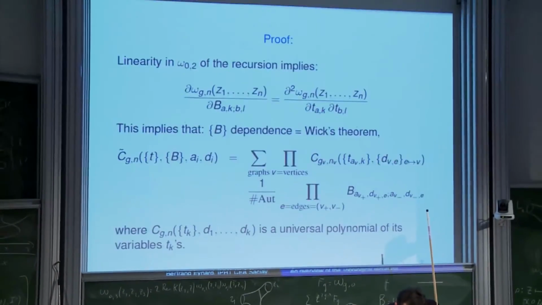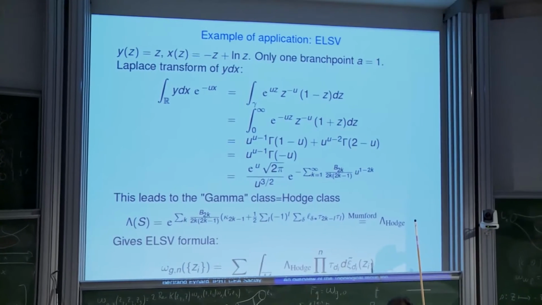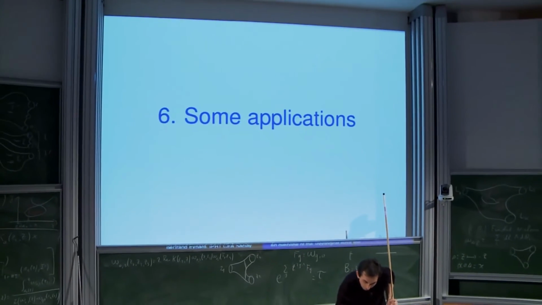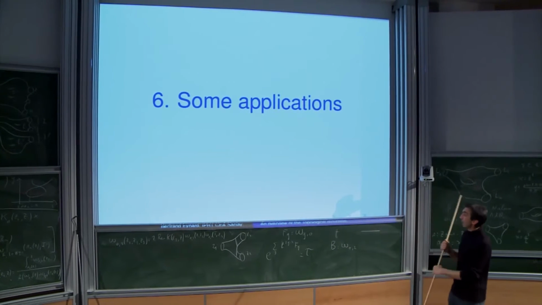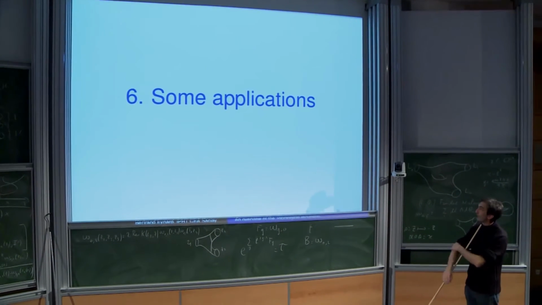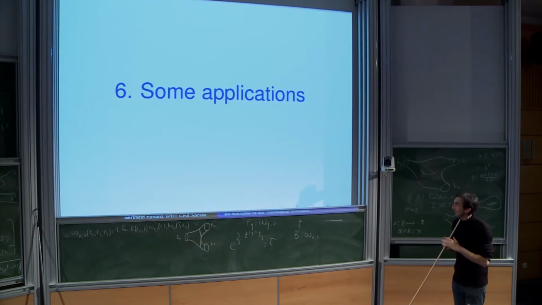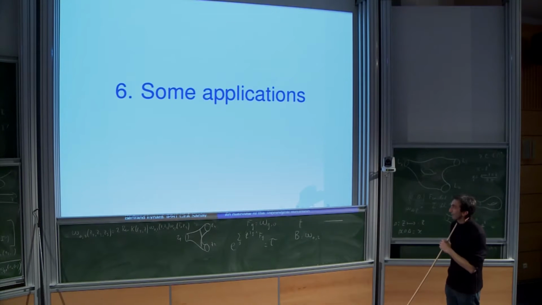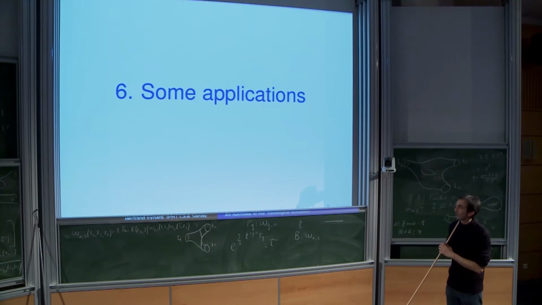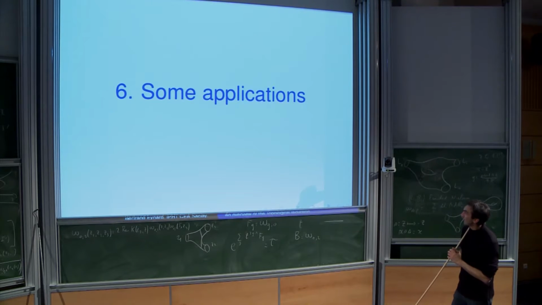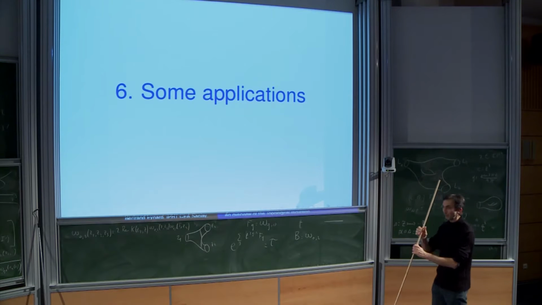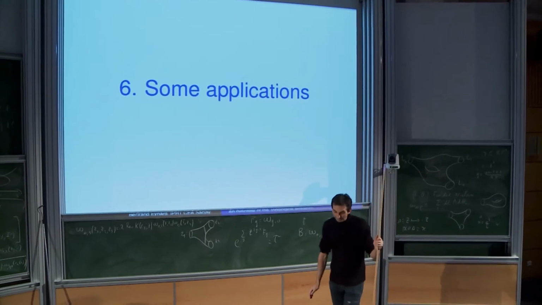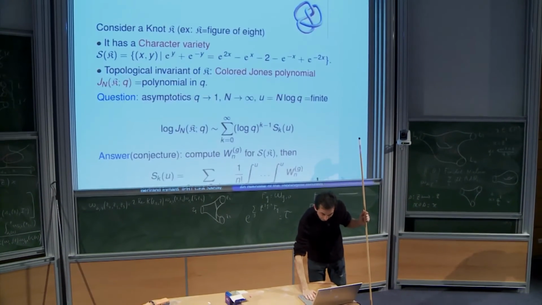Well, let me go to examples of applications. So now let me mention some applications. I will be very sketchy. I will not give precise definitions, for instance, about Gromov-Witten invariants or whatsoever. I just want to give you an idea. And most of those things are also conjectures. I mean, not everything is proved. Many of those things are not proved at all.